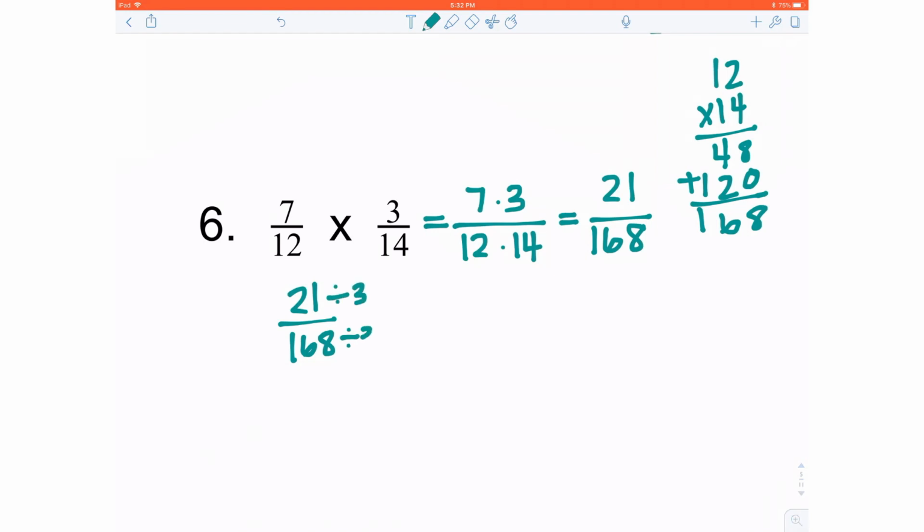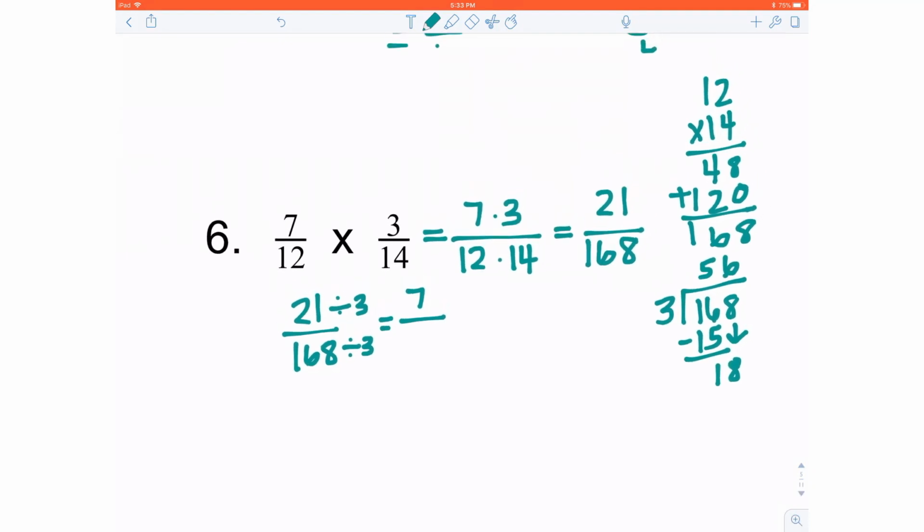21 divided by 3 is 7, and 168 divided by 3, I'm going to do over here. I'm going to do it a little lower so we have space to work. So 3 goes into 16 5 times. 3 times 5 is 15, which gives me a remainder of 1. I bring down the 8. 3 goes into 18 6 times. So I end up with,